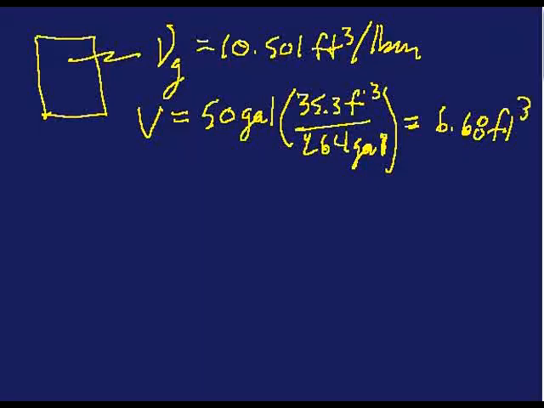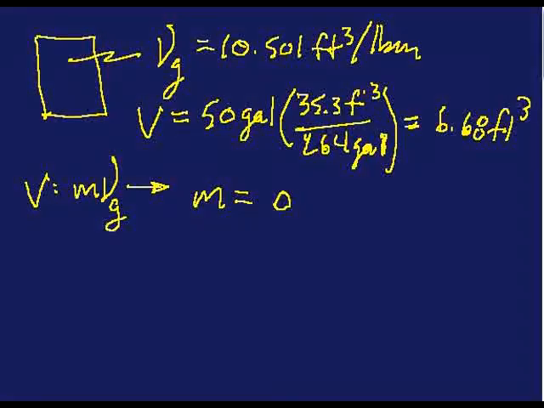So you look at it and you say, okay, if the total volume is 6.68 feet cubed and the specific volume is 10.501 feet cubed per pound mass, then I can't even fit a full pound mass in this tank at those conditions. So you remember that V is equal to M times specific volume, and you solve for M from the V and the Vg. So M from this calculation is equal to 0.6367